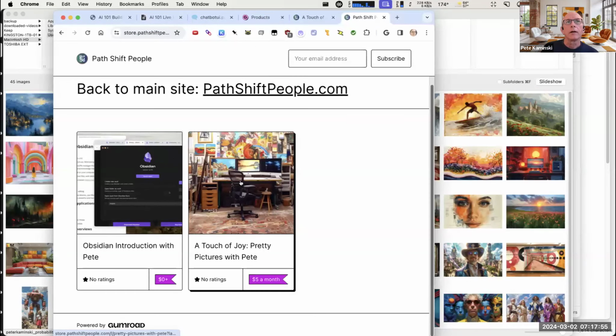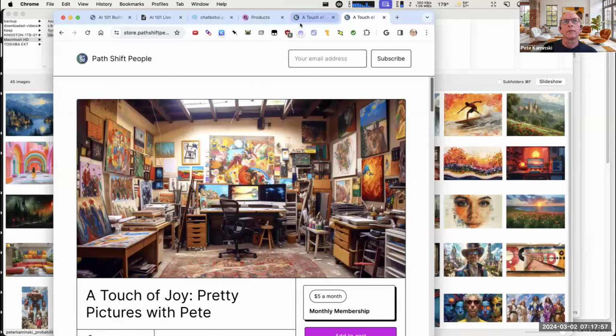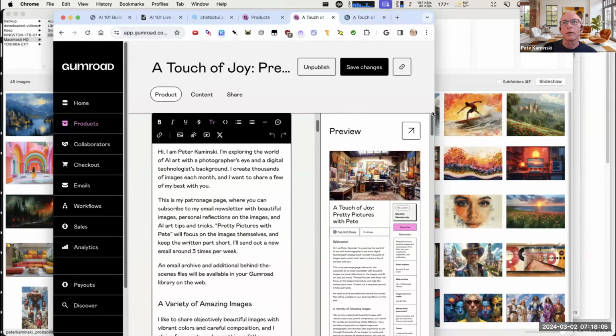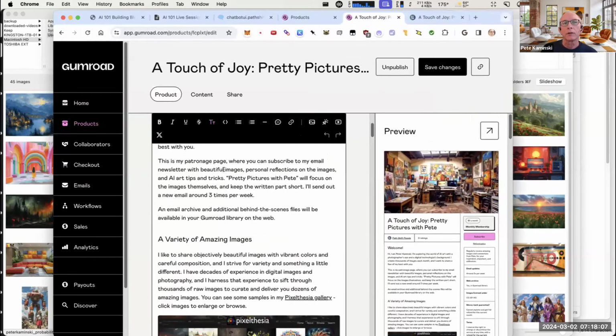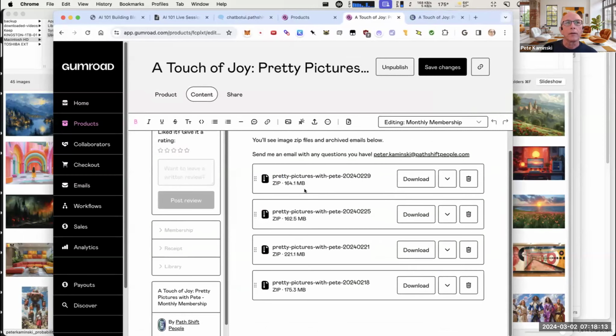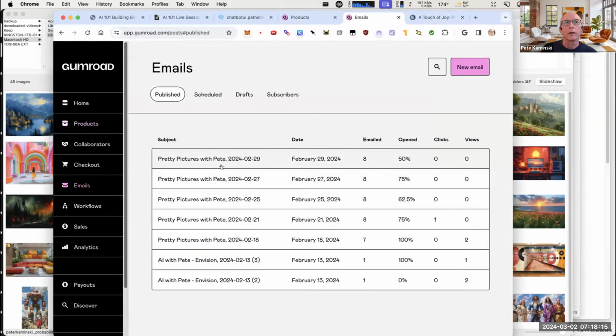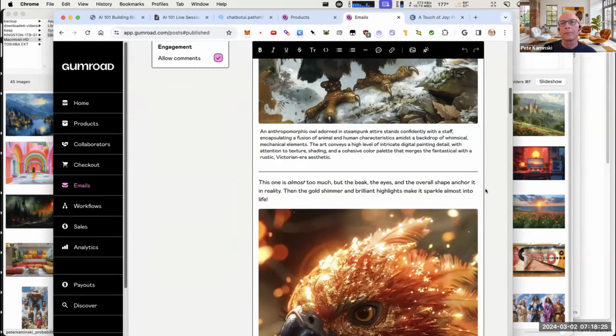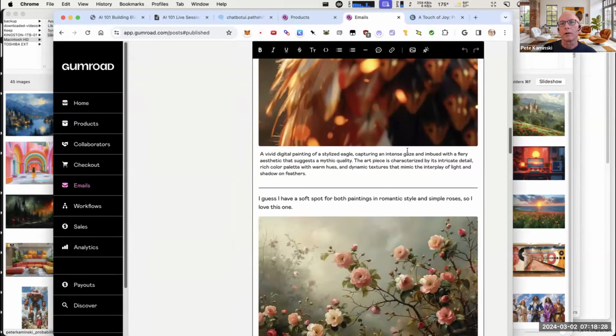So if I go to these on the Gumroad site rather than the Passionate People site, I can edit this product. And this is how I created this product. Set up the description, set up the things to sell in here, a bunch of zip files. And then I also send out regular emails as part of the main product, actually. So editing an email looks like this. This is just an email editor, and I drag and drop Pretty Pictures into here and get it all